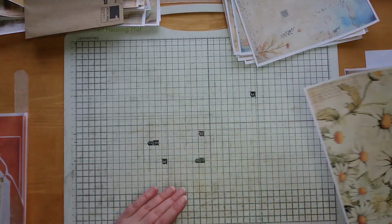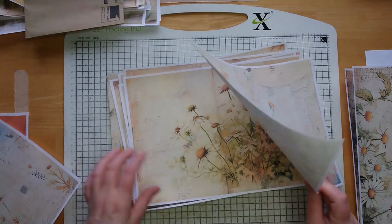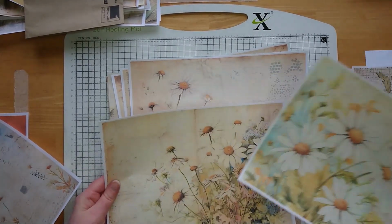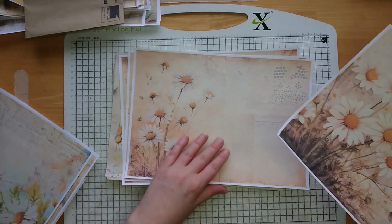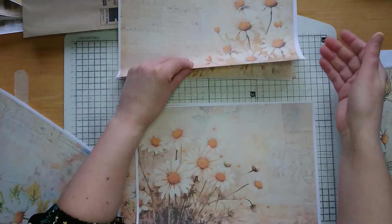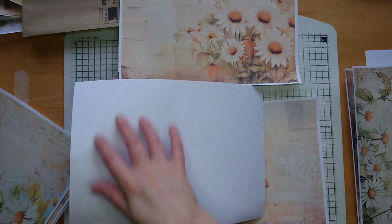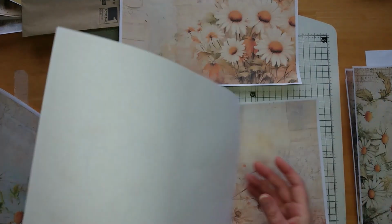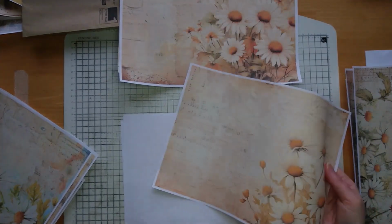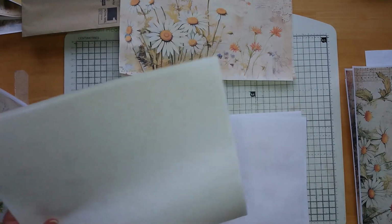So what we need to do now is decide on our pages that we're putting together. So as I said, we want about 5 in total. So I'm just looking, and another thing that I like to do is work out, like you've got an image on this side, when your page is folded, I tend to like to have an image this side, you flip it over, and then that side tends to be for writing. So I'm just going to turn them over that way. If they were turned over that way,